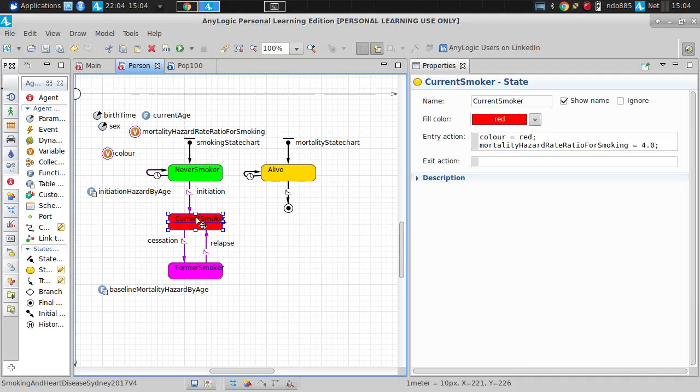This affects how much bigger their hazard is, given that they're in this smoking state. Given the smoking state, how much higher is their hazard rate ratio than the baseline hazard rate? In other words, here it's 4 times higher. Their annual chance of dying, or you could think of it as probability density of dying, or daily chance of dying,